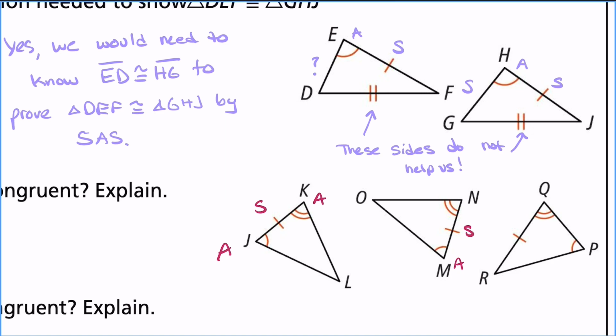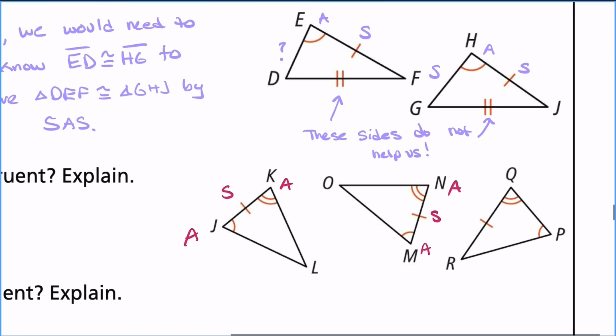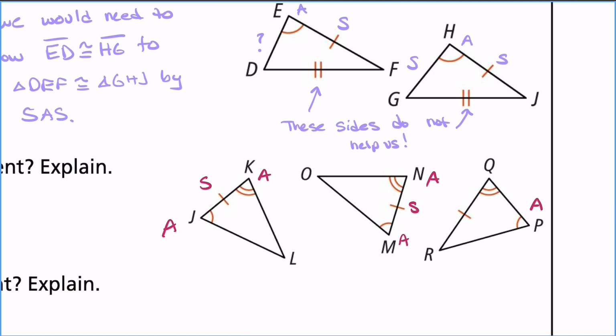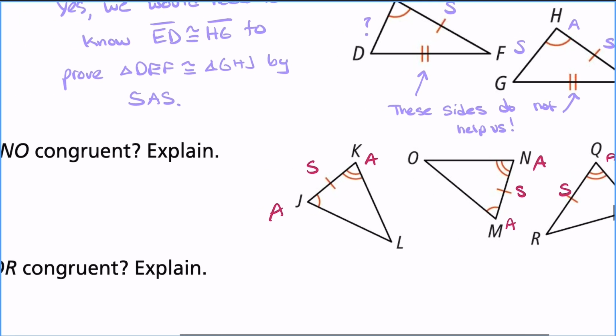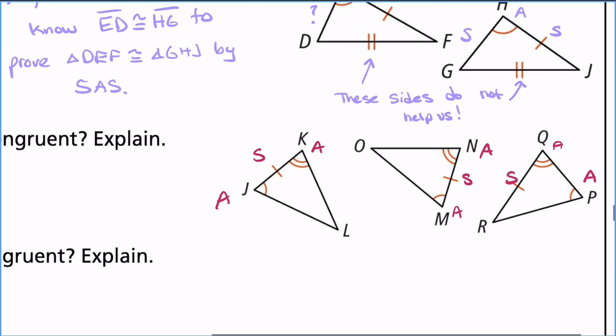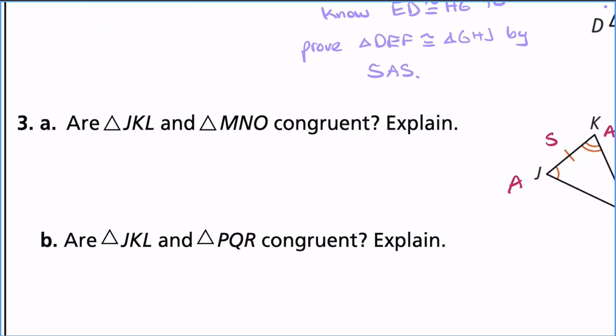MNO is angle, side, angle again. So it looks like ASA, ASA. The problem with this one is this one goes angle, angle, side. So we can't mix and match which ones we want to use. We can't use side, angle, side with angle, angle, side. So it's either one or the other. So in this case, JKL, MNO, we're going to say yes. Yes, triangle JKL is congruent to triangle MNO